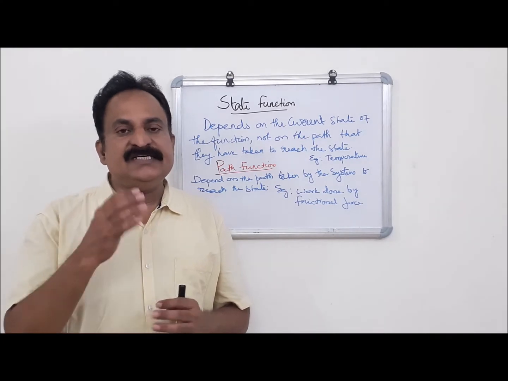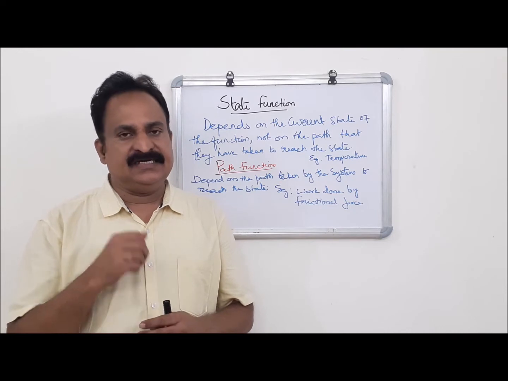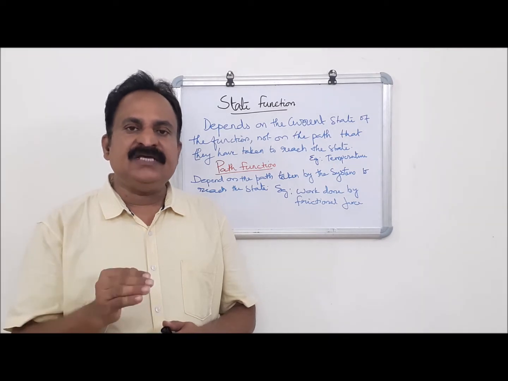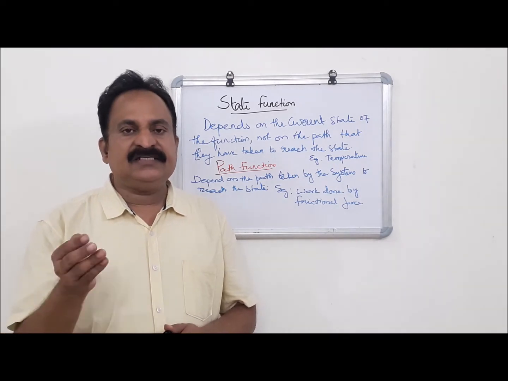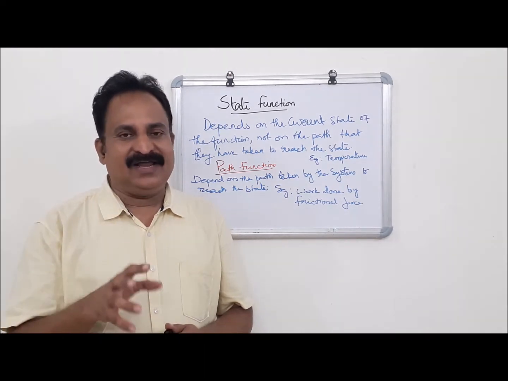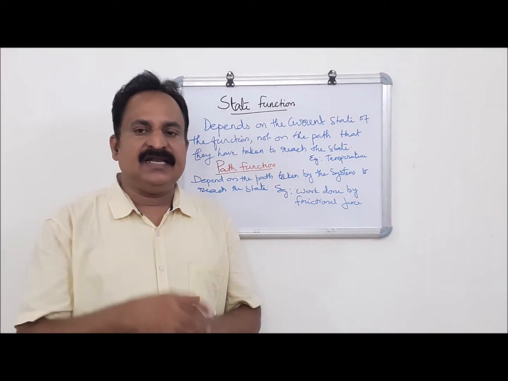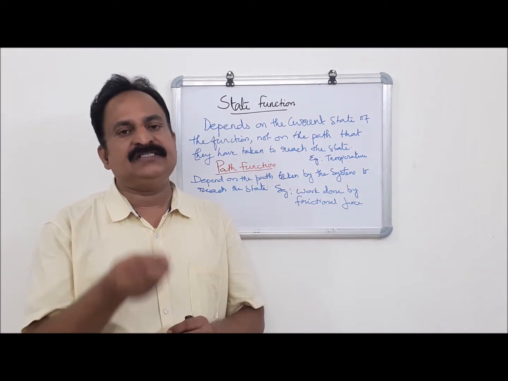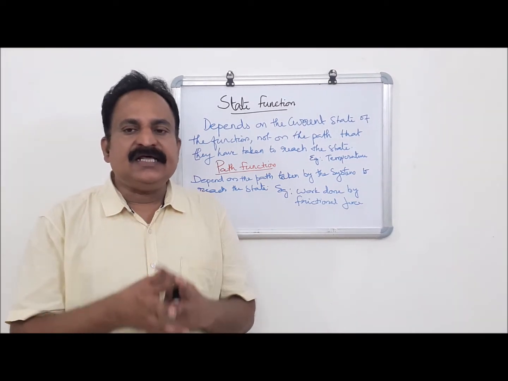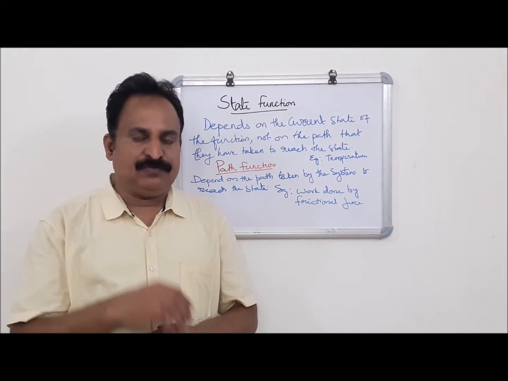Next we can see what is internal energy. An energy form inherent in every system is the internal energy. That means every chemical substance has its own energy, called internal energy. Examples of internal energy are rotational energy, vibrational energy, potential energy. All these are called internal energy. The symbol U is used for internal energy and the unit of measurement is joule. You know the unit of energy is joule. Internal energy is a state function of a system and is an extensive property.